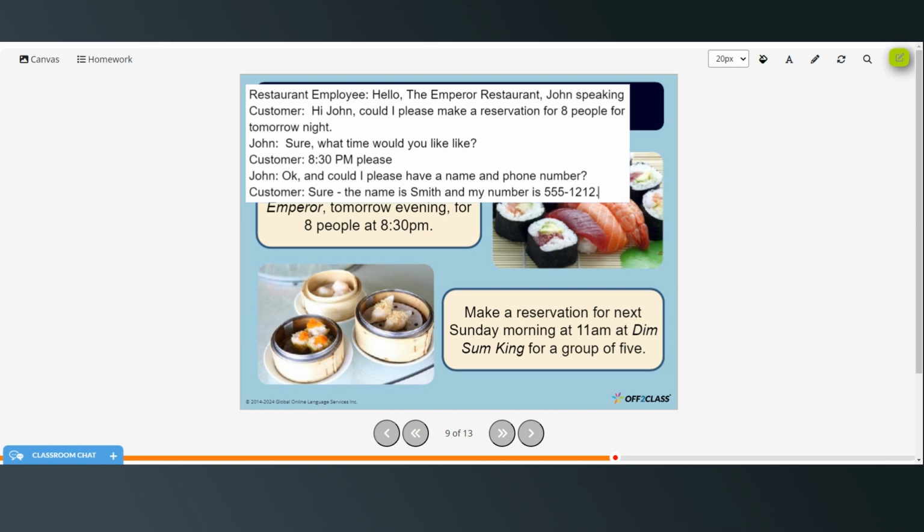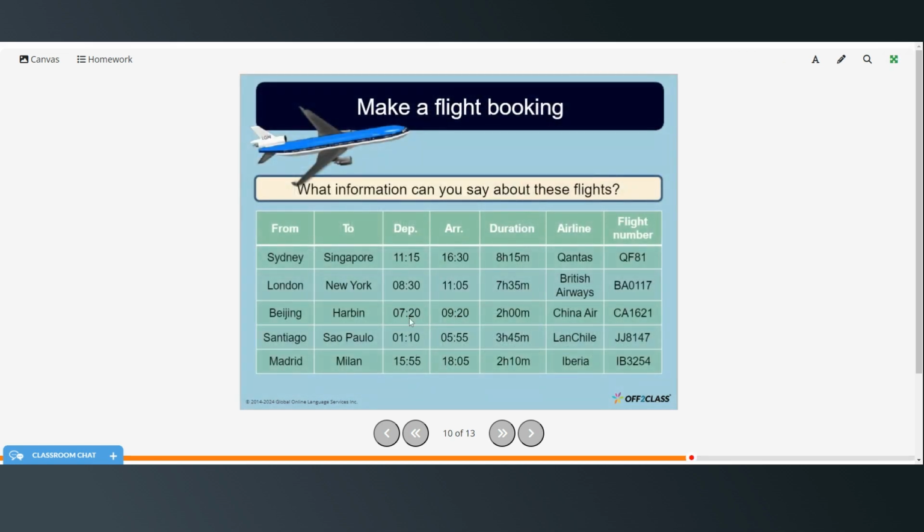All right, so this is making a flight booking. So what information can you say about these flights? Well, we have from, this is where the flight starts from, and then this would be the destination where it's going to, the time that it's leaving the starting point, and then the time that it's arriving at the destination. Duration is how long it would be, the number of hours between these two times, the name of the airline,